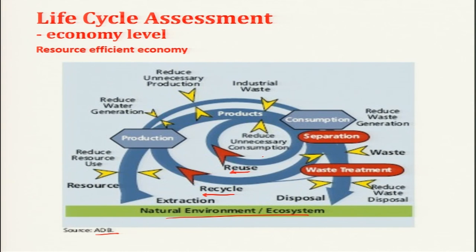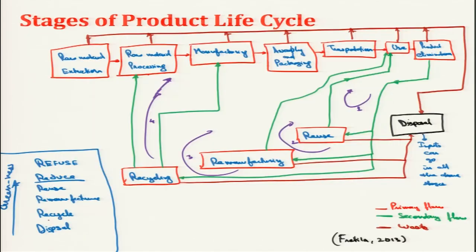I told you the other day as well, the smaller the circle is, the more environment friendly. Right? Reuse is the first step, then we have recycle, then we have disposal. I also put those here. First is reuse, reduce, after reuse, recycle comes here. So this is greenness or environment friendliness here.